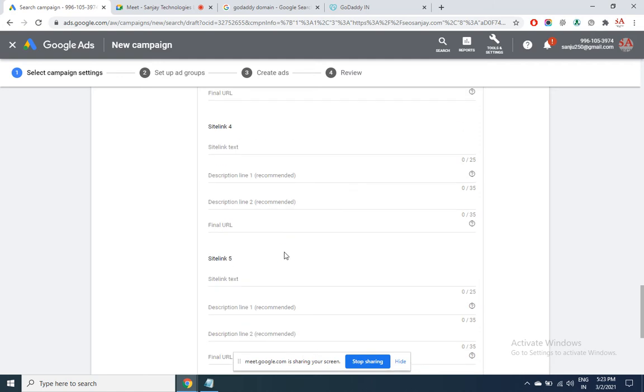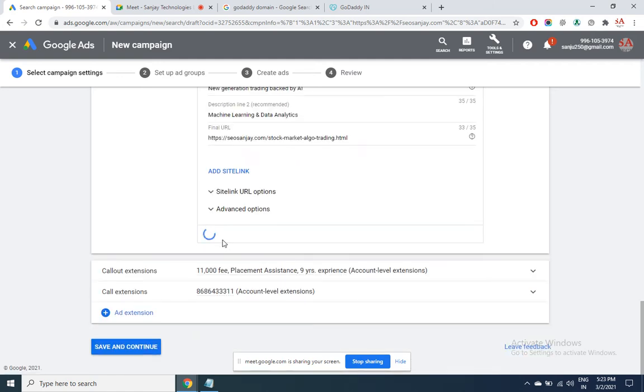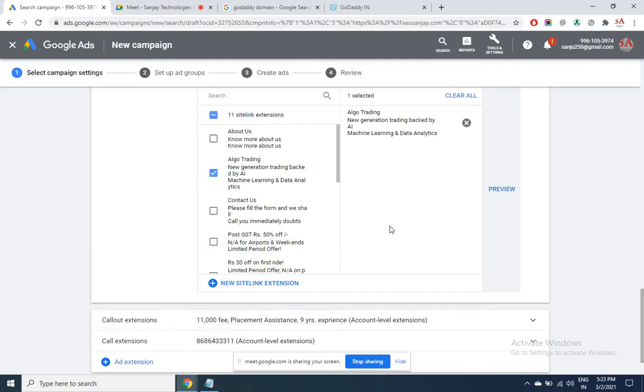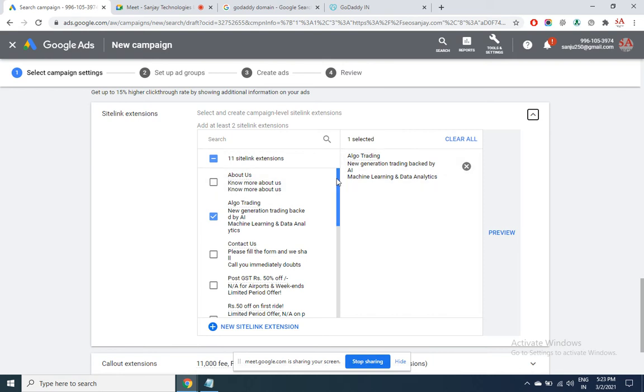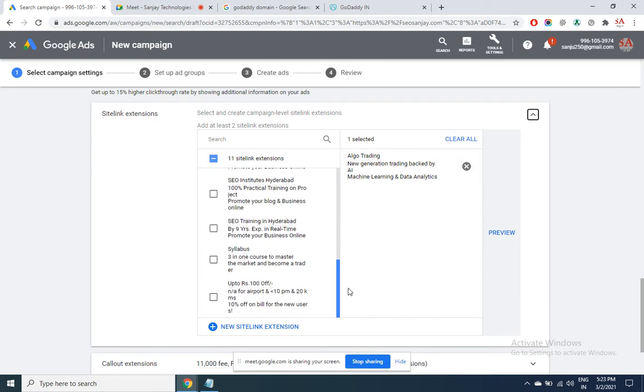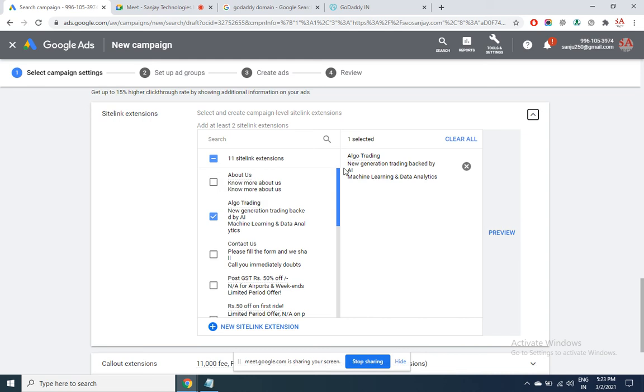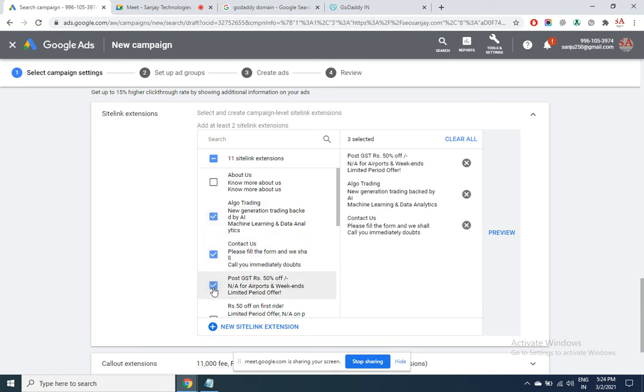Once it is created, click on save. So however many site links you have created since the start of the campaign, you'll have all of them. Whichever you want to use, just put it on the right side. Maximum 8 you can put here.